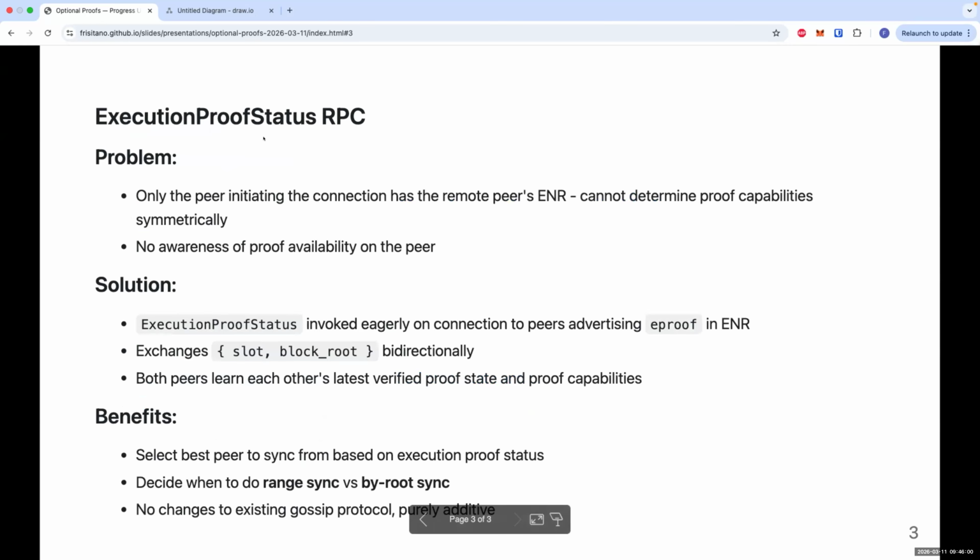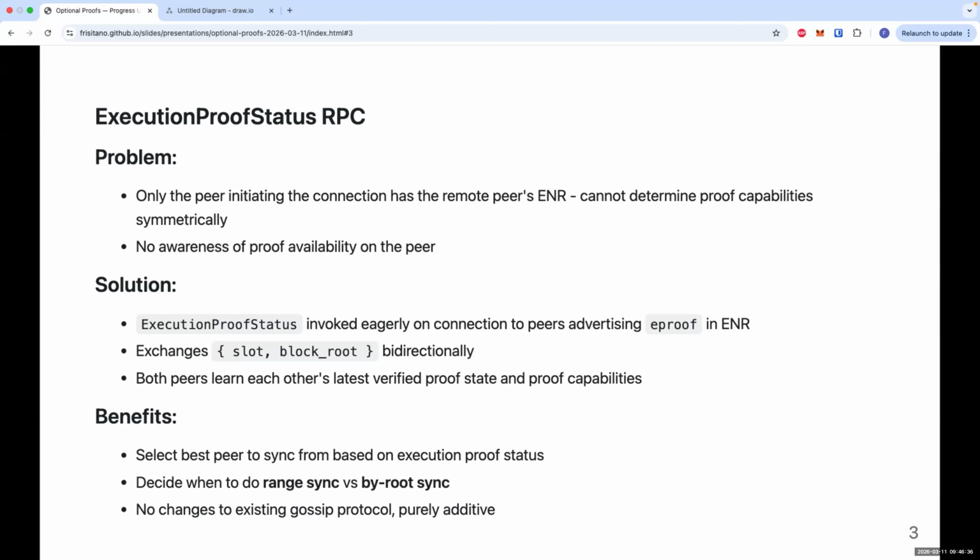So a bit more on this execution proof status RPC. The first problem we have is discoverability. The idea is that we will announce to the network using our ENR that we support proofs. But the problem is that the ENR is only visible, from what I understand, to the node which is initiating the connection.